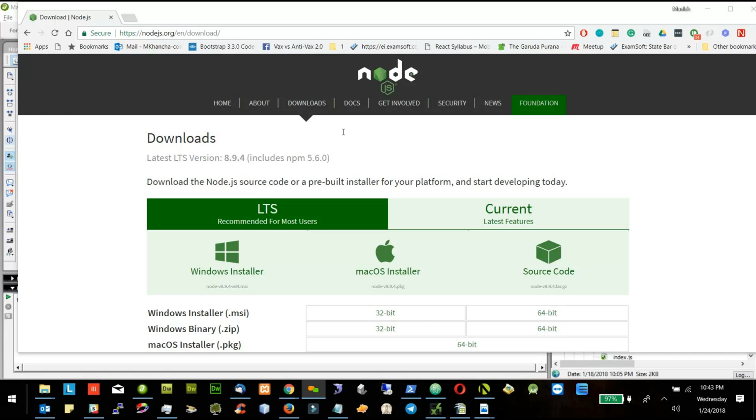Anybody here who doesn't have Node.js? Okay. So if you don't have it, just go to the link which I gave you and download it from that link.